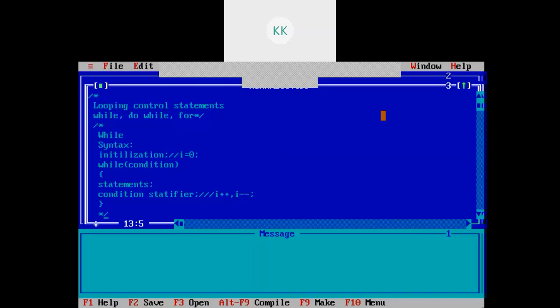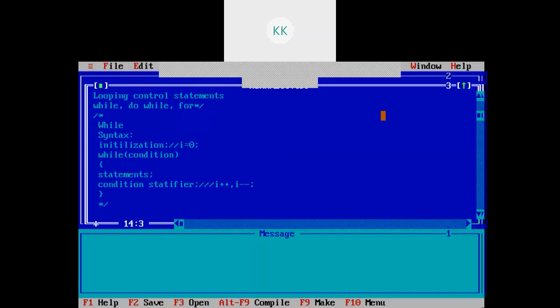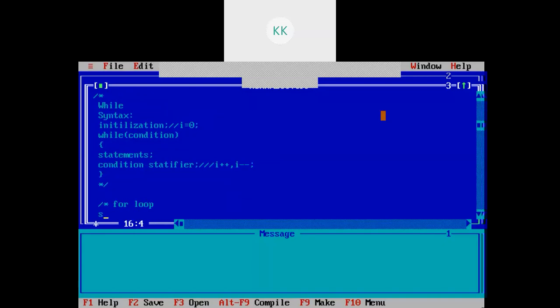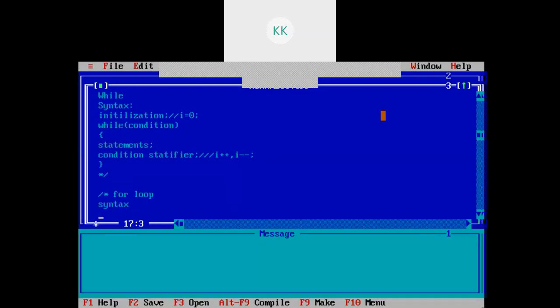Similarly, there is a syntax for the for loop. The same syntax is there, but the for loop is inline.